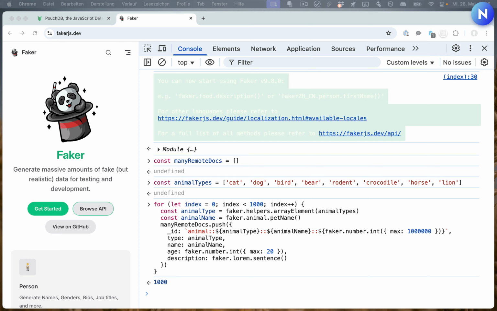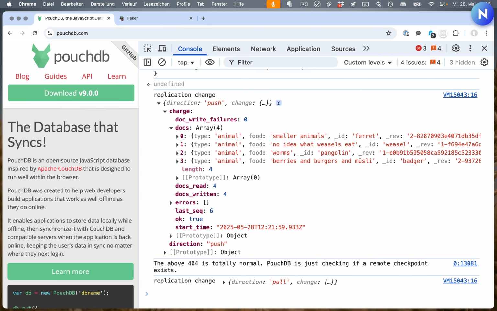How do we get those into CouchDB? Well, usefully, the PouchDB library can't only connect to local PouchDBs, but also to remote CouchDBs. So all we need to do this is to pass a CouchDB URL with credentials to the PouchDB constructor. That would look a bit like this. So let's make a remote DB, which is a new PouchDB, which points to the same database that we just started our changes feed, not the changes feed that we started our replication with.